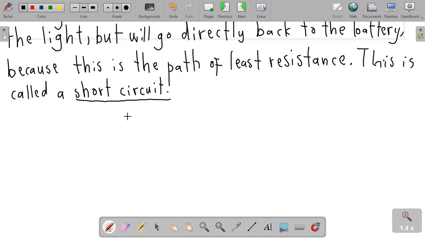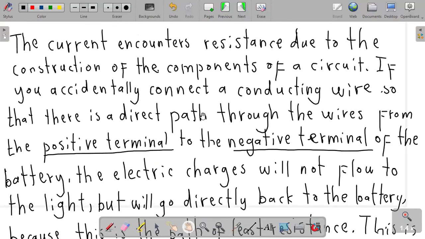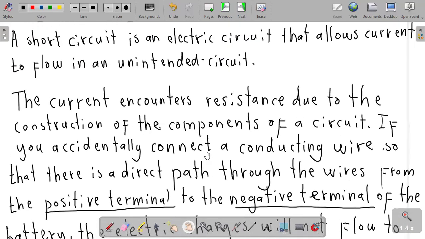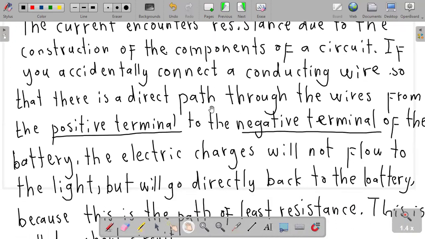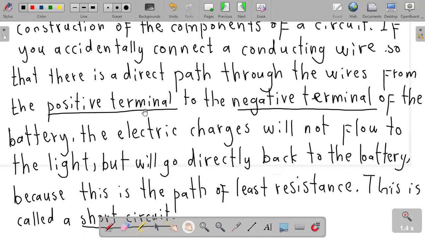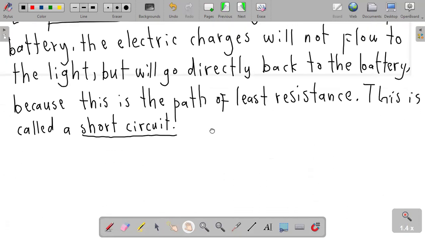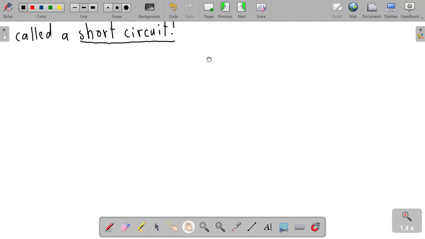So what causes the short circuit here is when the current does not move through the components of the circuit. You see, because why? Because a wire was accidentally connected. Okay, because the wire was accidentally connected directly from the positive terminal to the negative terminal of the battery. You see, and then